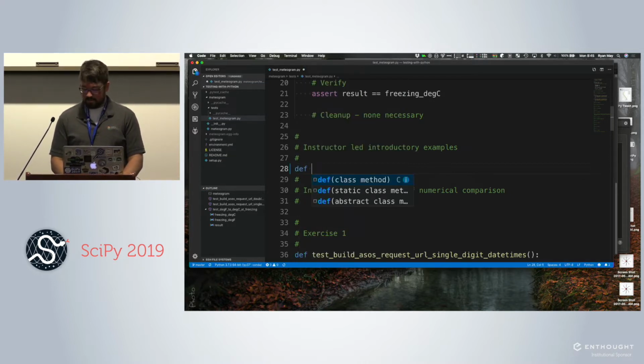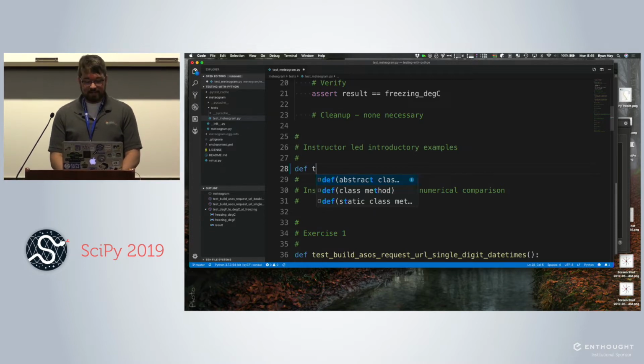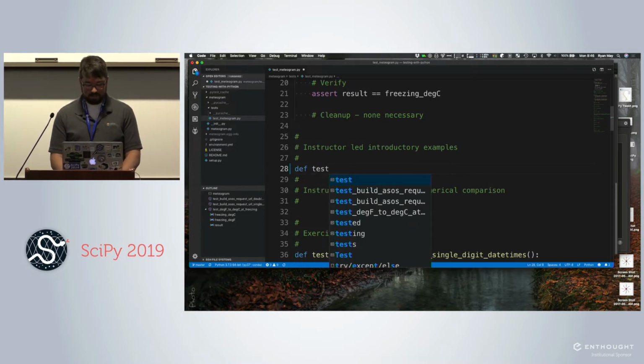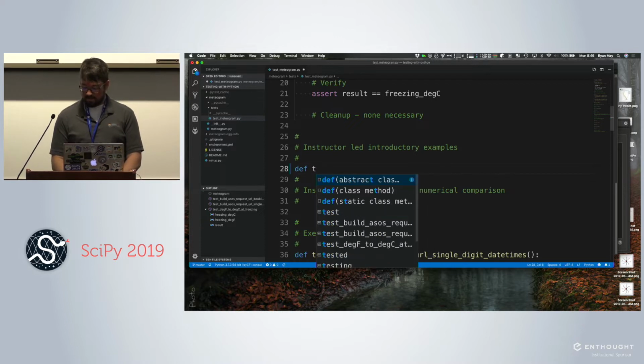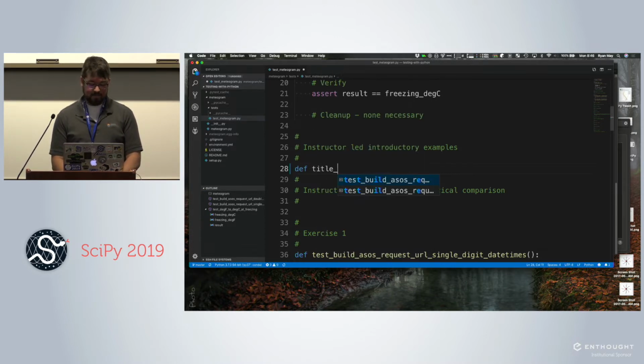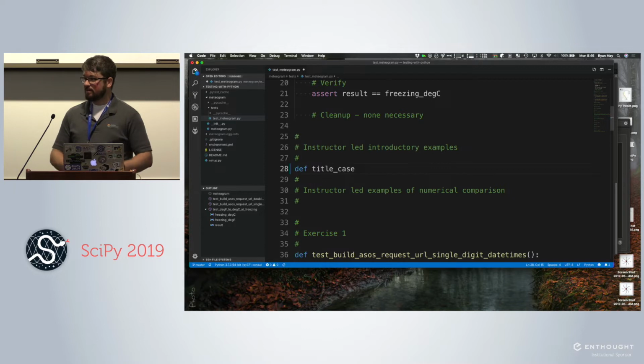So def, remember we have to have test as the first part of our function name, so pytest will go and find it. This is a common mistake that I see made, where you write your test and instead of starting it with test, it just says something like title case. Then you run your test suite and you say, gee, I still have 3 tests running, because it's not actually running this. So make sure you're running the tests too. So test title case.